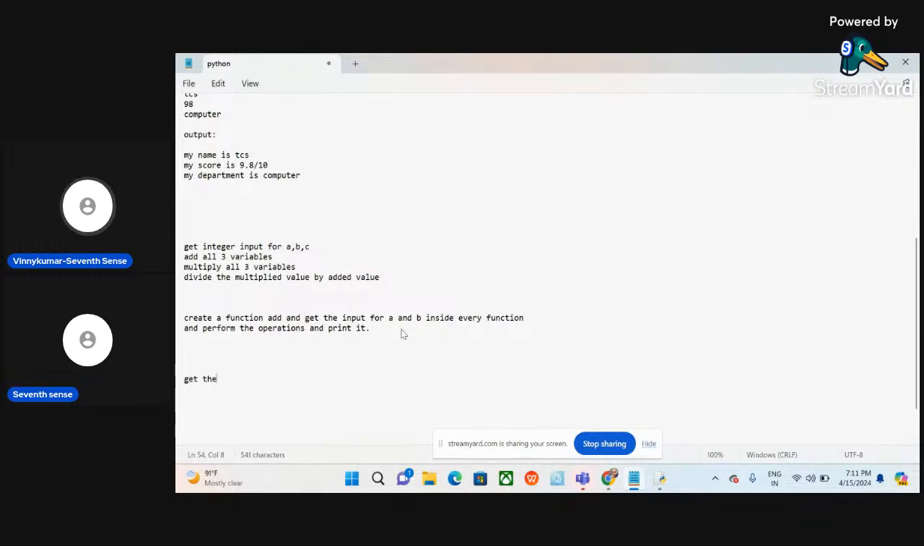My question is get the input for A, B, and C. Create function called add, which should return the sum of A and B and multiply that sum